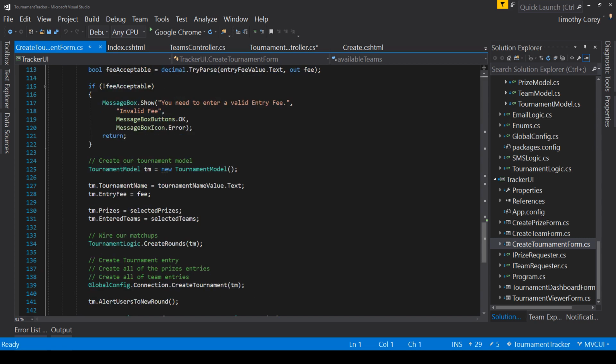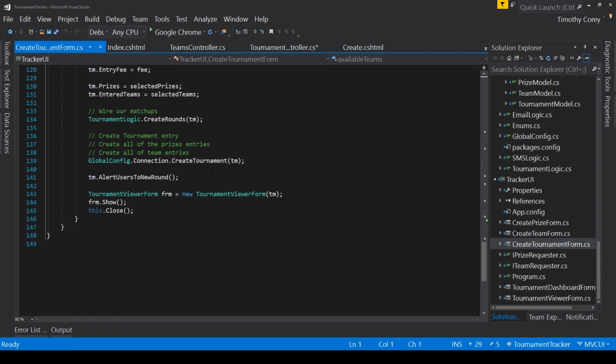So down here, we have our tournament model called TM. We call it T. So that's the reason why I said TM, not T. Now note, before I go away, after we create the tournament, we also have the alert users to new round. So that's something we haven't done either. So let's do that as well. Let's alert the users to the new round